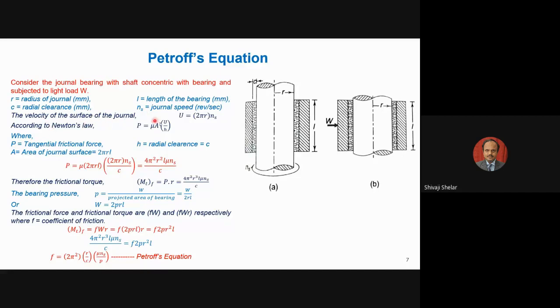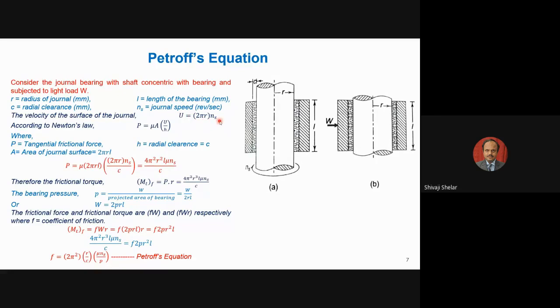So if I take a point on the surface of this rotating shaft, what is the velocity of that point? I am assuming that velocity as u, which is nothing but r omega. Omega is nothing but 2 pi ns. If n is taken in RPM, then it is 2 pi ns by 60. Since we have selected n in revolutions per second, r omega will come as 2 pi r ns. So the tangential velocity of the point on this surface is equal to 2 pi r ns.